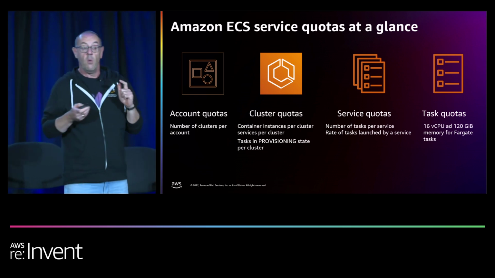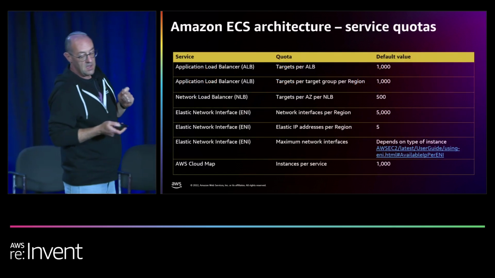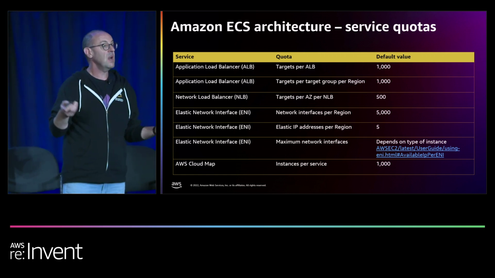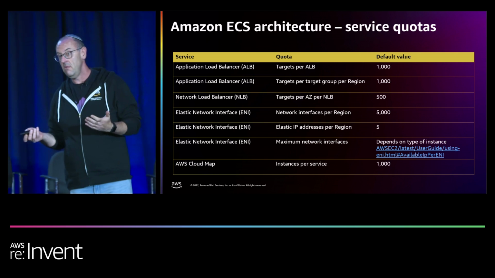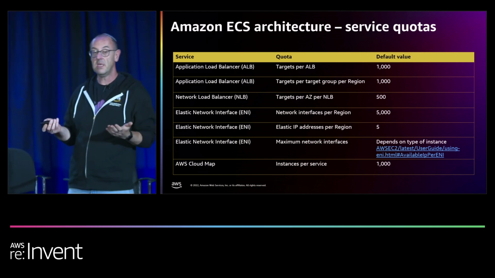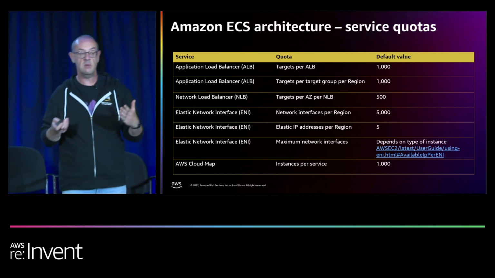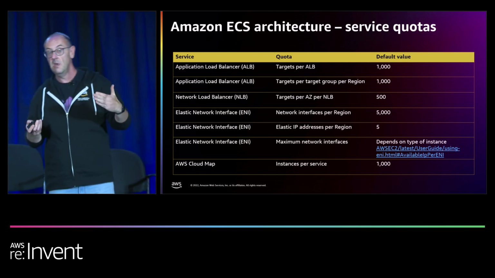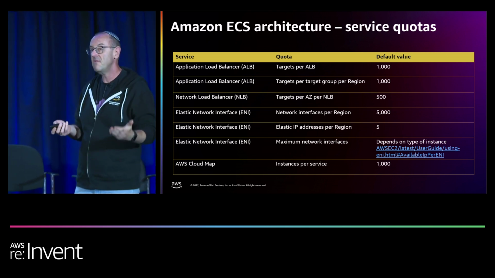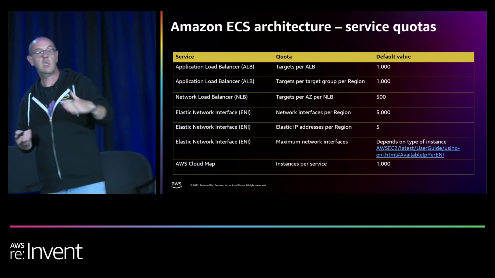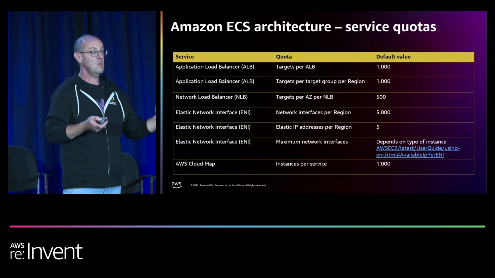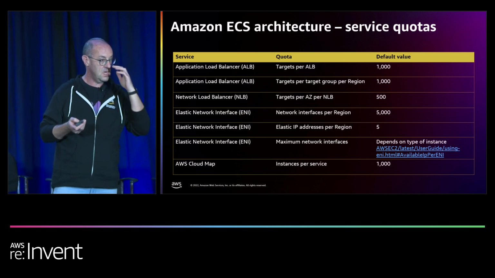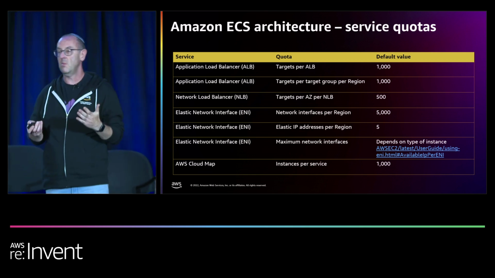And what I would also like to emphasize is that ECS is a service which also interacts with other AWS services underneath. When you bring up an ECS task, it's not only bringing up a container. If you're using EC2 as your capacity provider, you're bringing up an EC2 instance, which is allocating a network interface, allocating an IP address, registering it to a load balancer. So besides the quotas that you have to look into, and we will give you links at the end of this session of where you should find those quotas with the documentation and best practices,